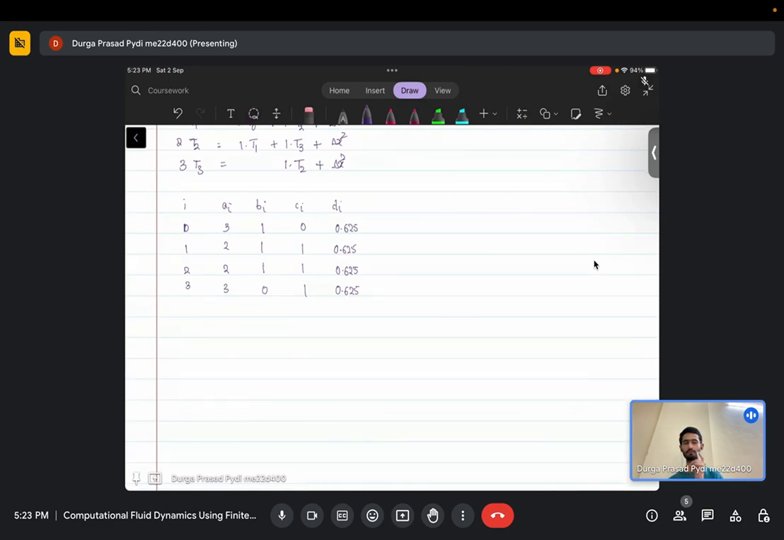If you recall the algorithm, the first step is you get the values of P_i and Q_i. In the forward iteration, you have to constantly iterate these values. So we define P0 as b0 by a0, and Q0 as d0 by a0. If you do that here, P0 is 1 by 3 and Q0 is